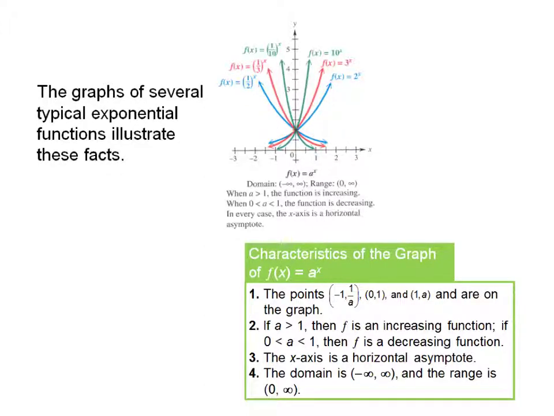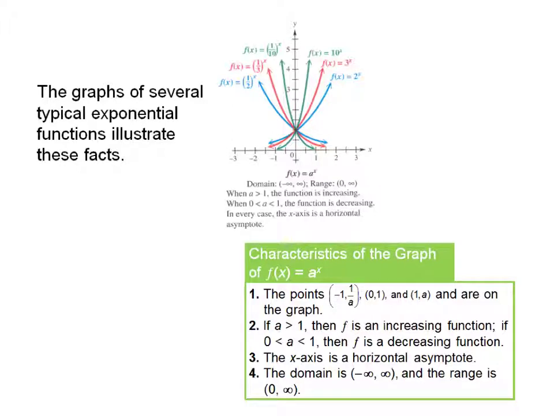Looking at the reciprocals, 1/2 is in blue, 1/3 is in red, 1/10 is in green. And then again, these characteristics are going to be the same. The points that are always on the graph,